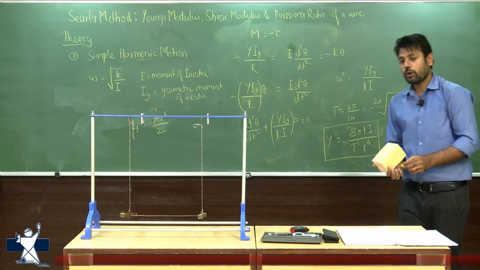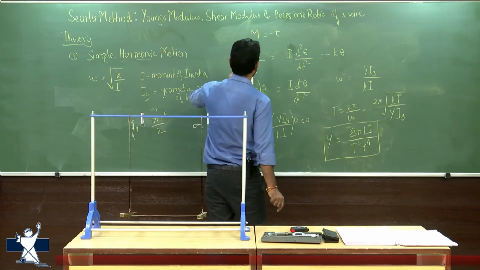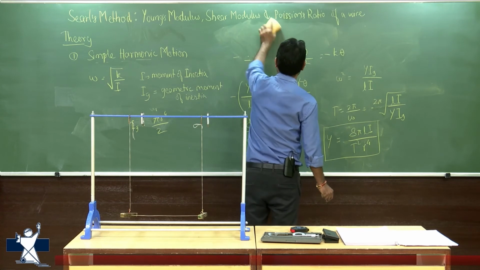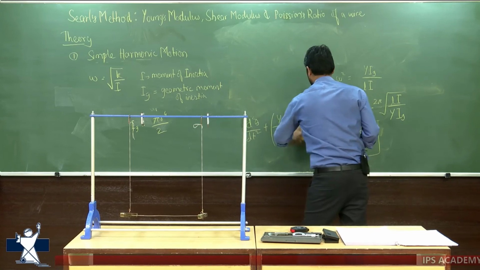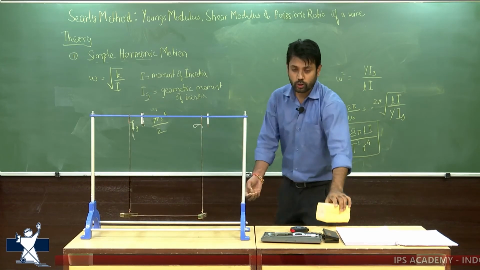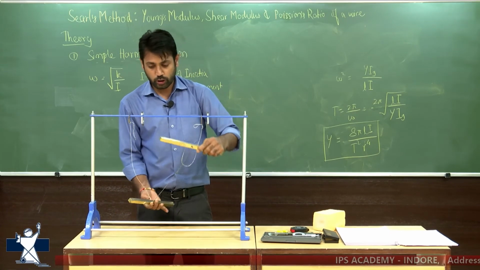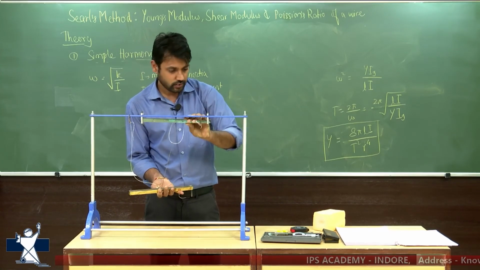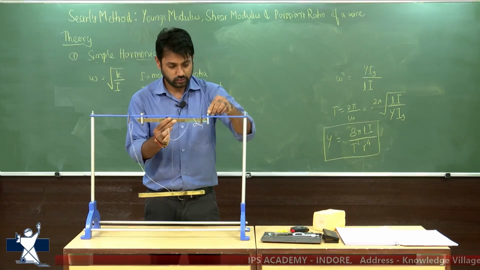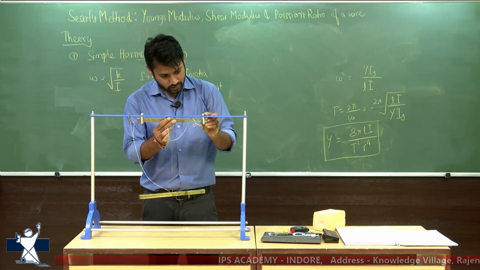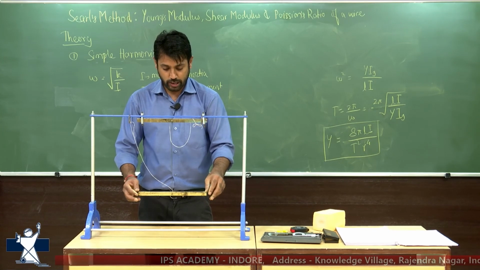Similarly, the formula for Poisson's ratio will be exactly similar to this. So I am going to rub this all out. So in case of shear modulus, what I am going to do in this apparatus is take these strings off, put one of these here, and twist the wire by twisting this rod. So by twisting this rod,